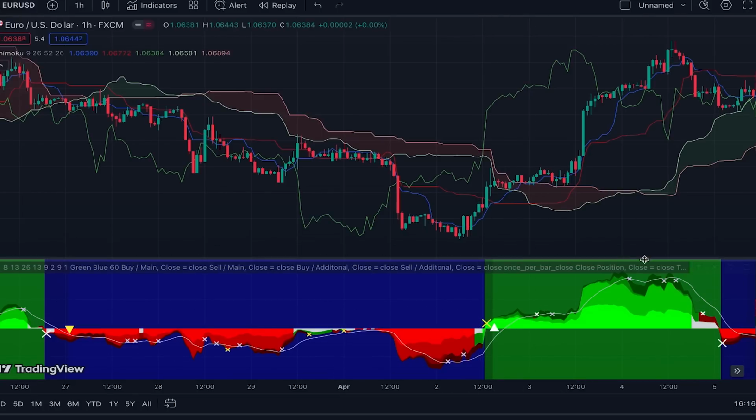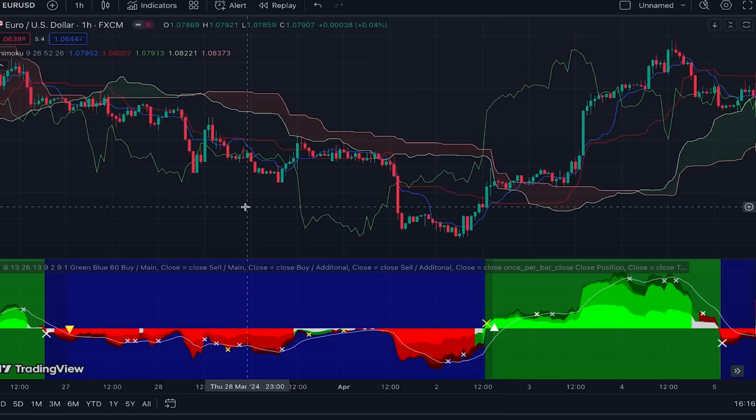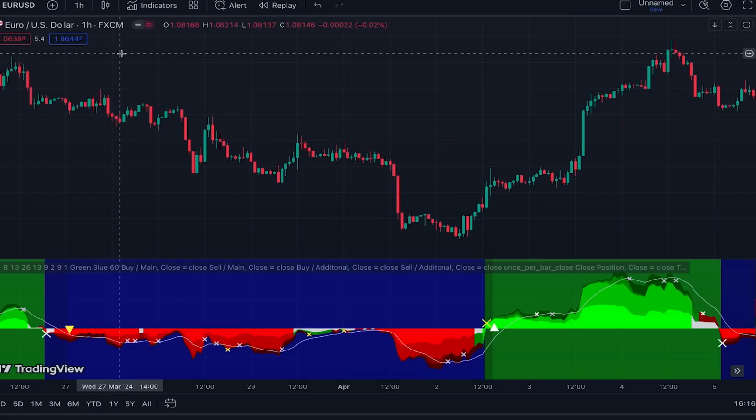And also by default here in the settings of the indicator, ATR is used for conversion line and baseline, which helps in choppy markets so you can stay on the trend for a longer period of time. Alright, let's close this Ichimoku Cloud from our chart and let's see how we interpret